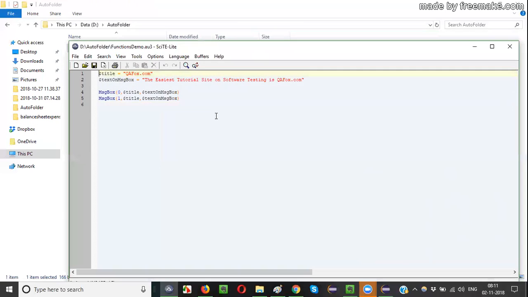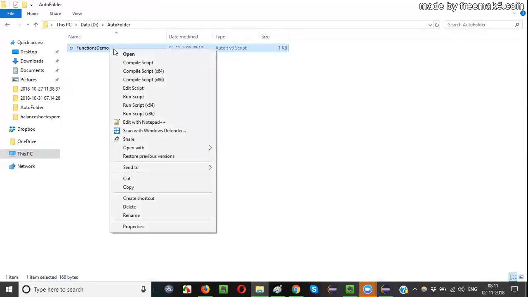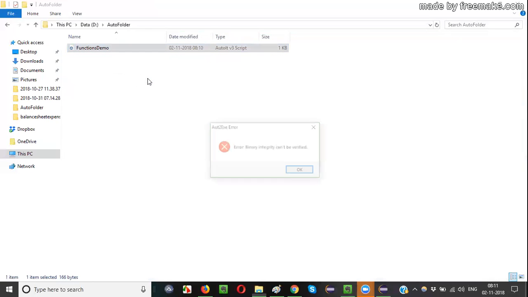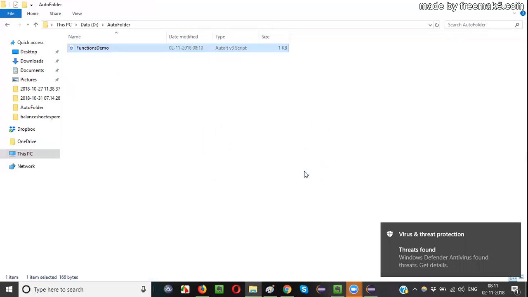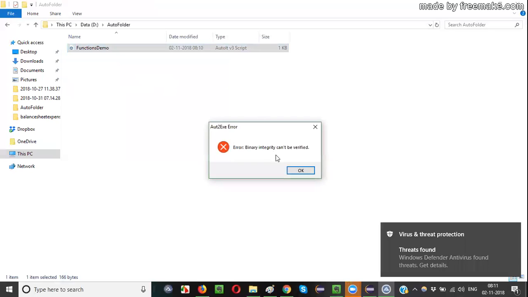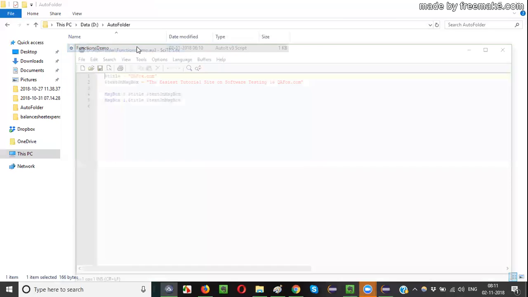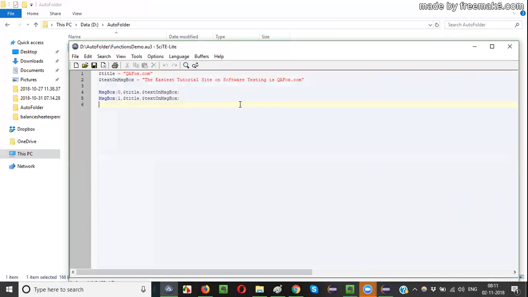So now we have the new script here. I just modified the script by changing the title and the text on the message box. Now again I need to right click and say compile script. Some error is there. Right click, compile script. Okay, open this one. Some issue. I'll change it to QFox 99.